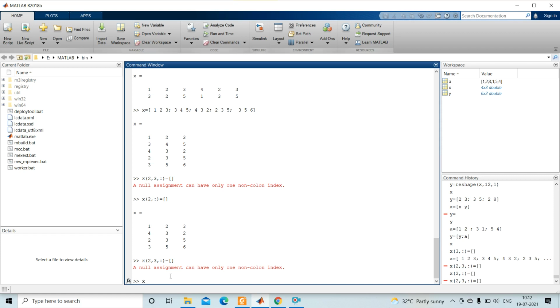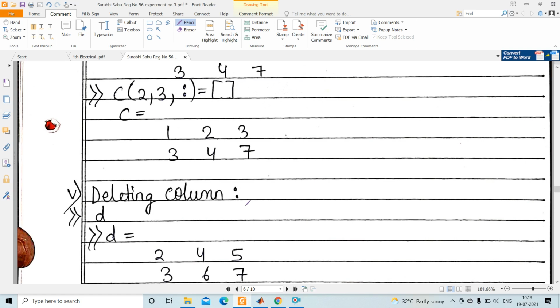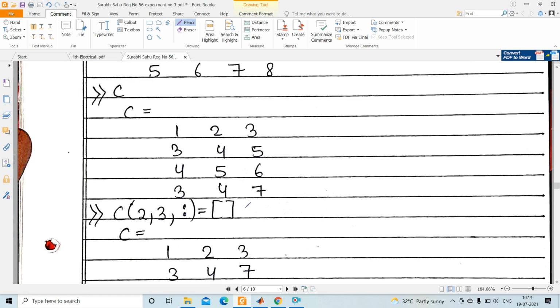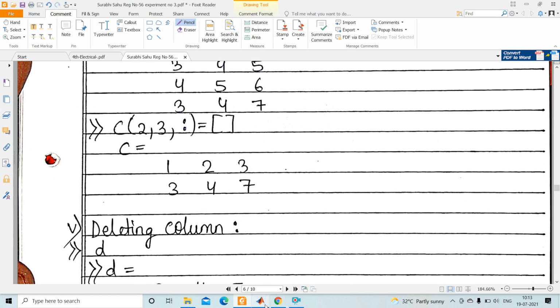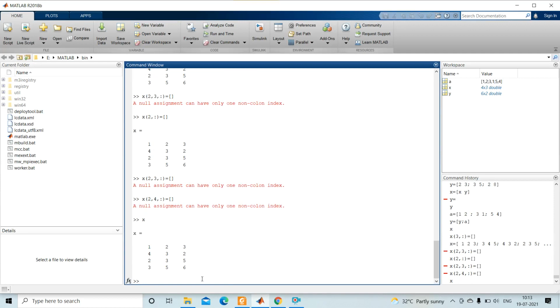Okay, so now write x equal to this one, then x bracket.